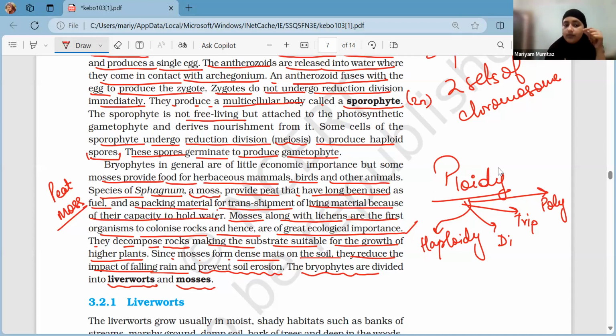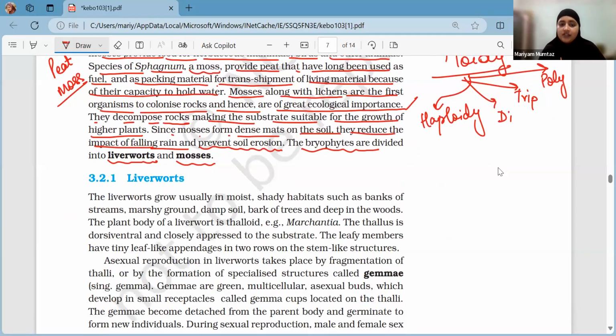So you've understood the ecological importance of bryophytes. Why is it of great ecological importance in terms of colonization? Whenever there is land on which there is no vegetation, meaning no plant has grown, initially the plant to grow on that rock or land will either be lichen or moss. And then the other plants will grow. Clear? Any doubts in bryophytes up till now? You've understood the life cycle? How it starts? Okay. All right.